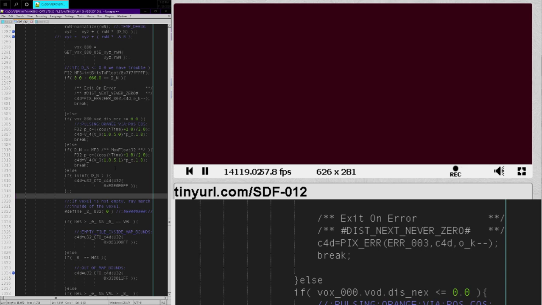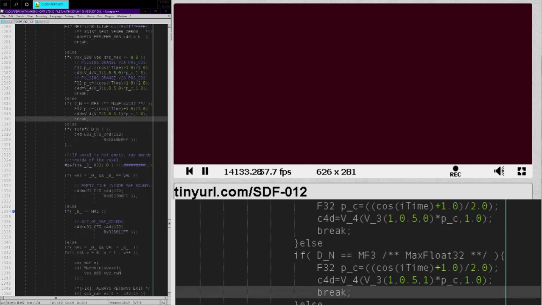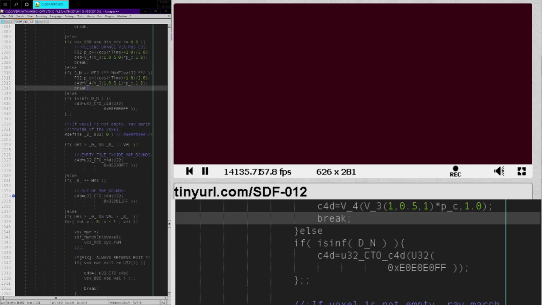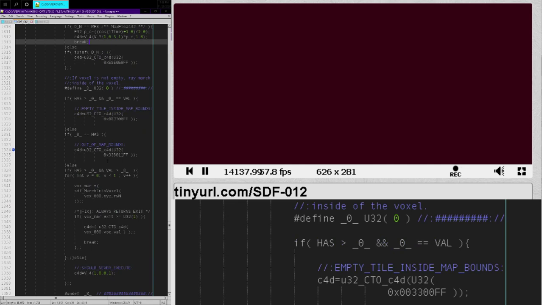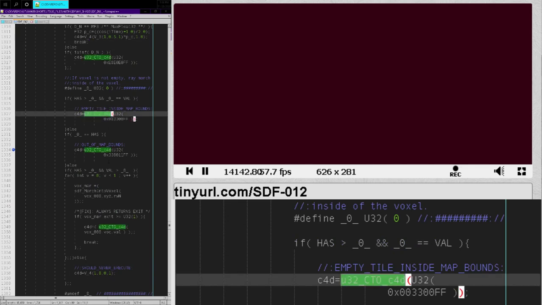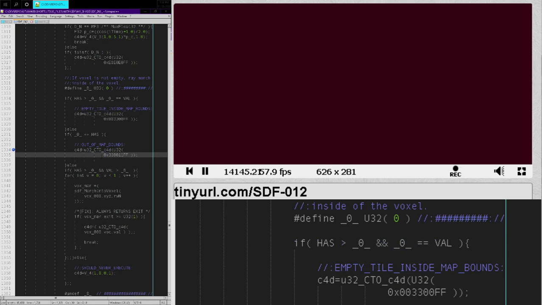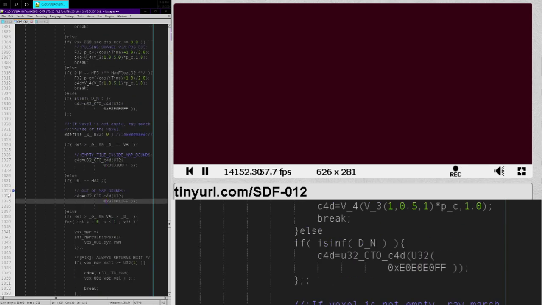So we're out of bounds, but is there any way to get a reading of how far out of bounds we are? Like, how far away from the original array are we? I think that would be helpful if we had some type of feedback like that. Okay, we're out of bounds, but how far away are we? So, outside of map bounds, let's take this here, and let's attempt, well, before we do this,